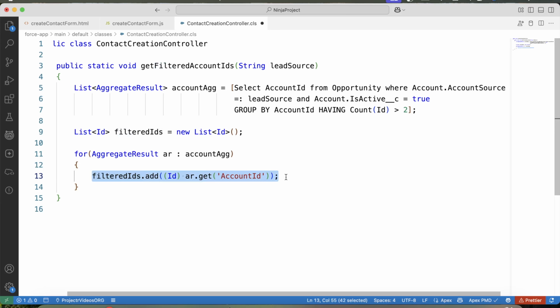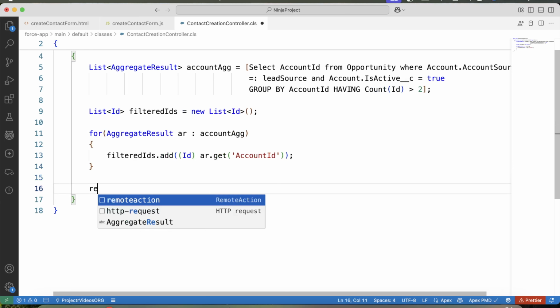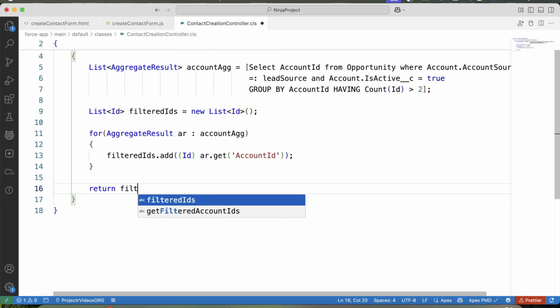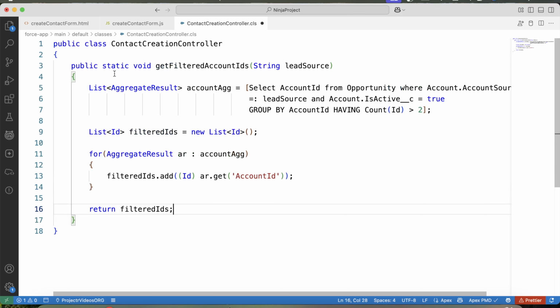Guys, here this line means get the value of account ID from one row of the query result. So here this AR is one result, or you can say one row from the list of grouped query results, and this get account ID is used to pick the account ID value from that row. Now simply return this list, and change the return type in the method also,